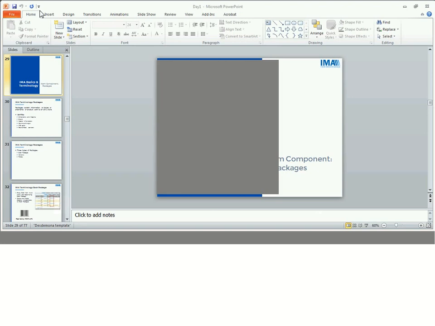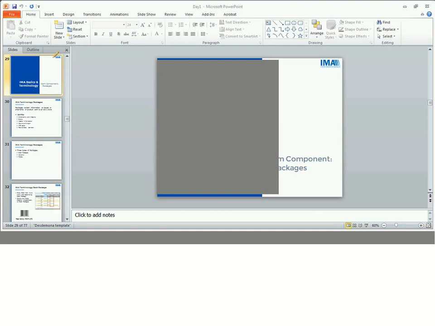Okay, so if I do data sync, are you going to go through that at the training? How to do data sync? Yes, tomorrow we are covering the new item grid, which involves data sync. So I'll be talking a bit more about that as I talk about the different types of packages today. Okay, so if I was to do it manually, when I enter the UPC, the KSN would be generated automatically after I finish the style? Yeah, as soon as you start the process and you enter in your UPC and you go through some of the prompts for creating it manually, IMA is going to create that KSN.